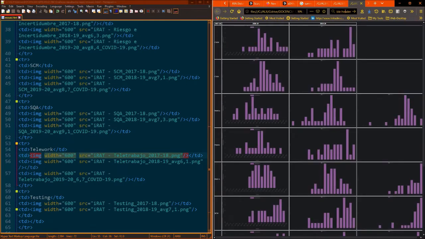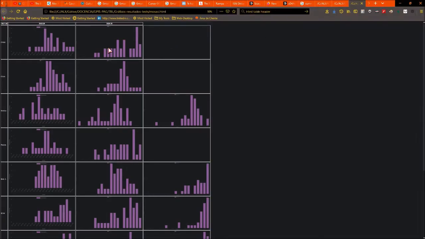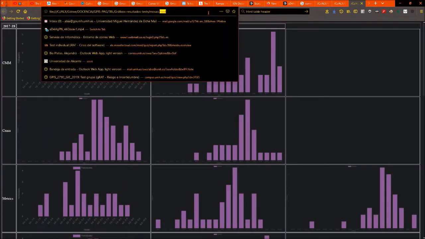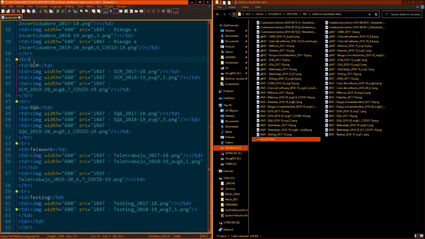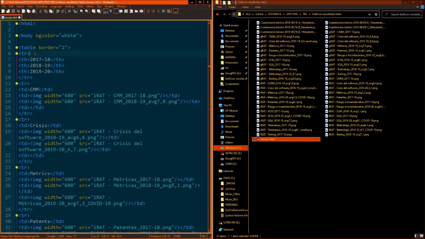Okay, so now you see that I have the graph. I have something wrong here. I should add at least an empty th tag at the beginning, because you see that the headings of the different columns are misplaced. So going back to this, I'm going to add here some